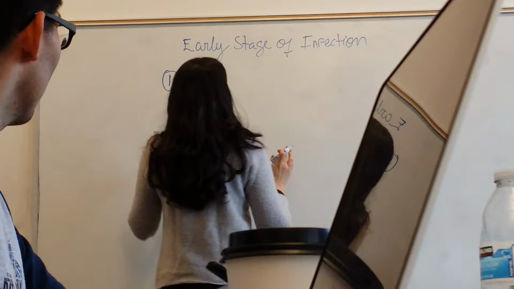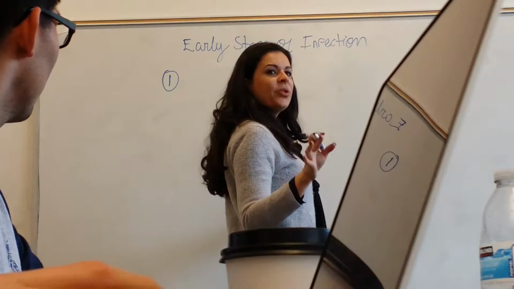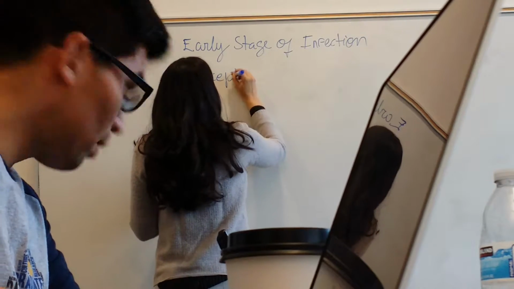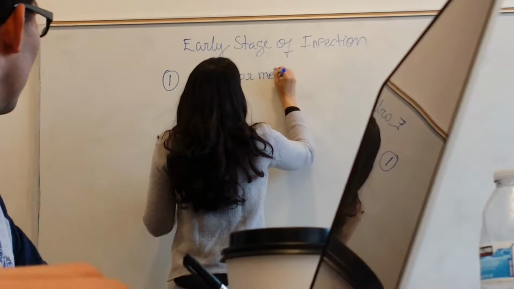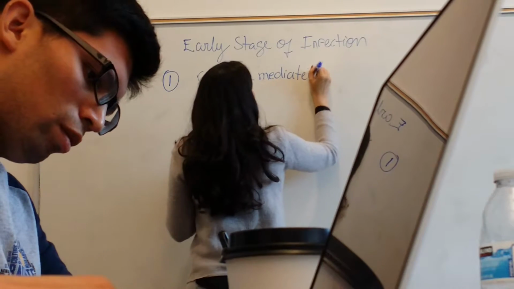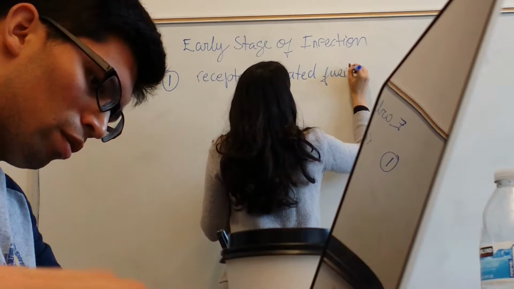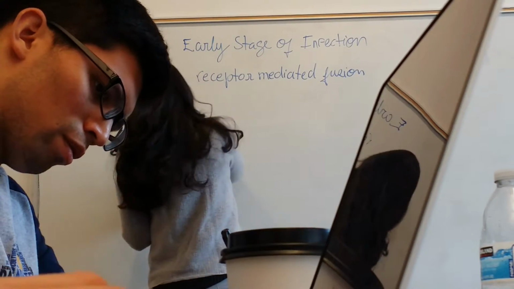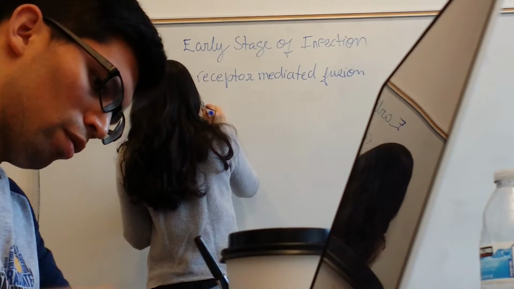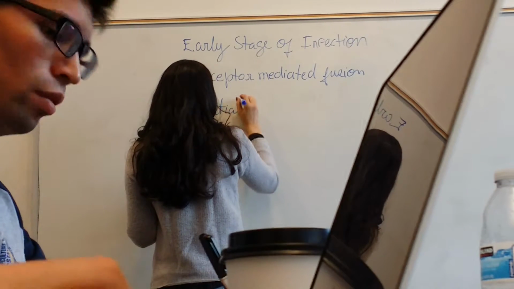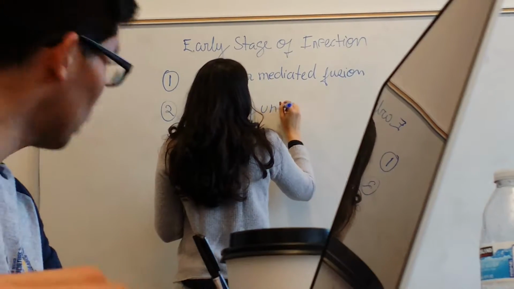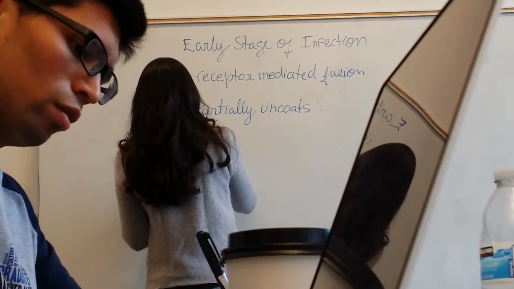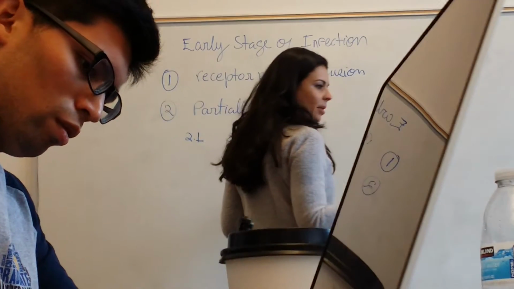Very generous. Number 1. It enters the cell through receptor-mediated fusion. Right? Then, number 2, it partially uncoats. Why is it partially uncoated? Inside of the capsid,